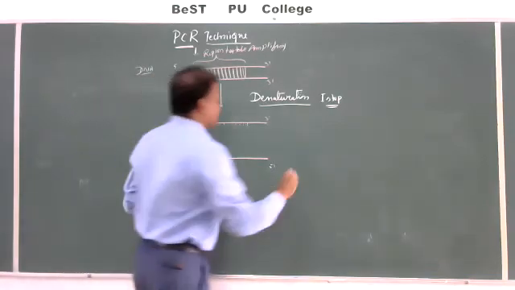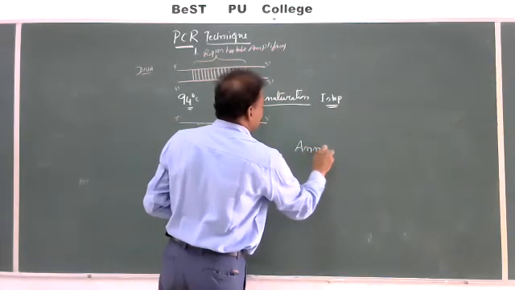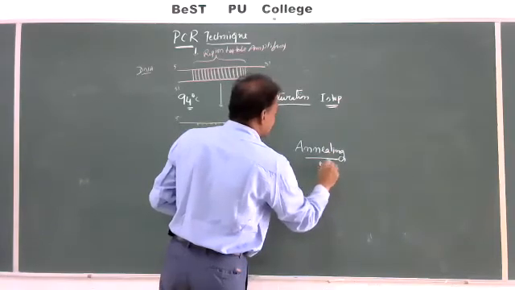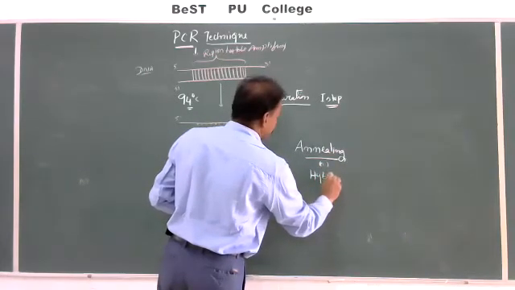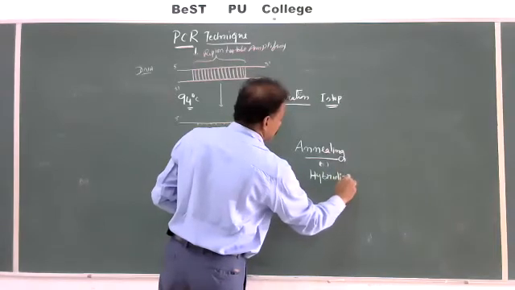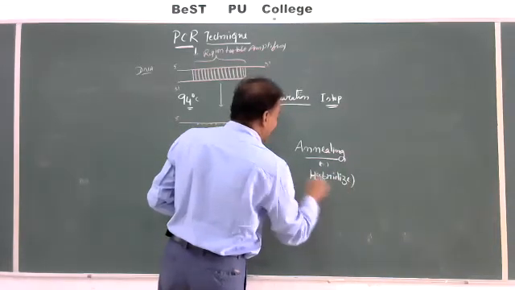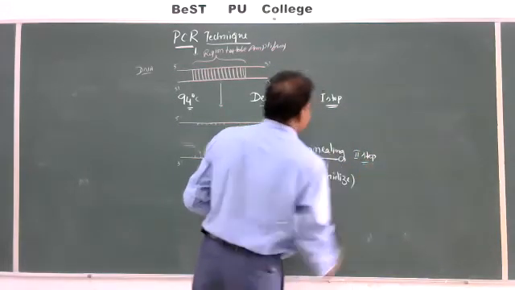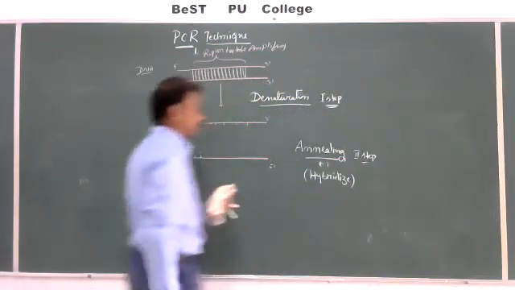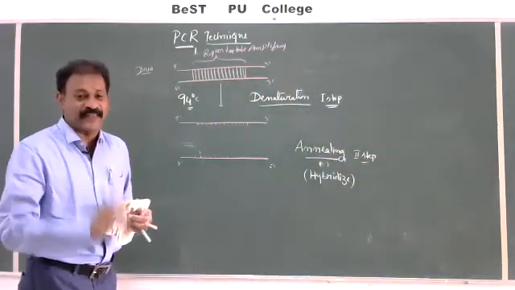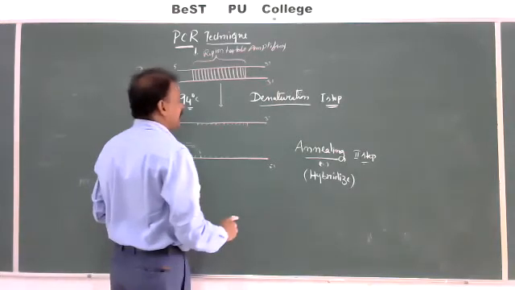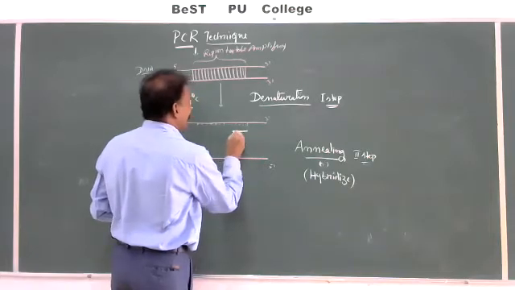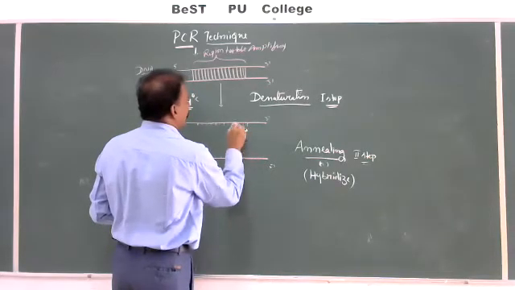Now, the second step is annealing. Annealing means hybridizing or joining with. What is this? I mentioned two sets of primers. One set of primer at the 3' end of one strand here. What are primers? They are complementary to the